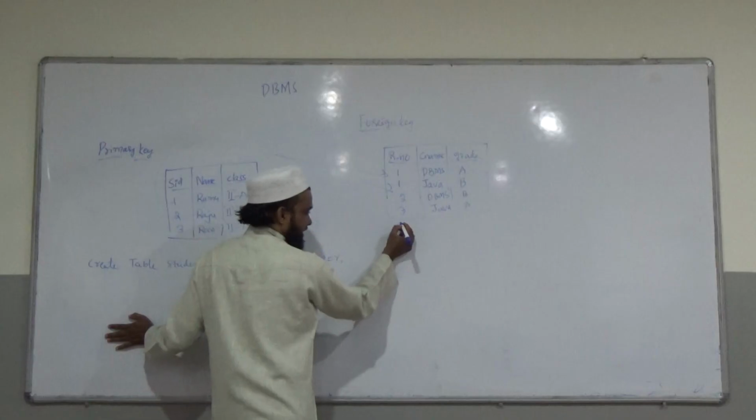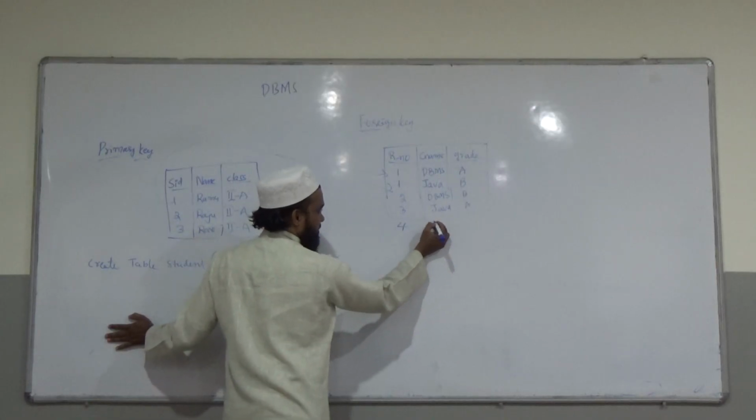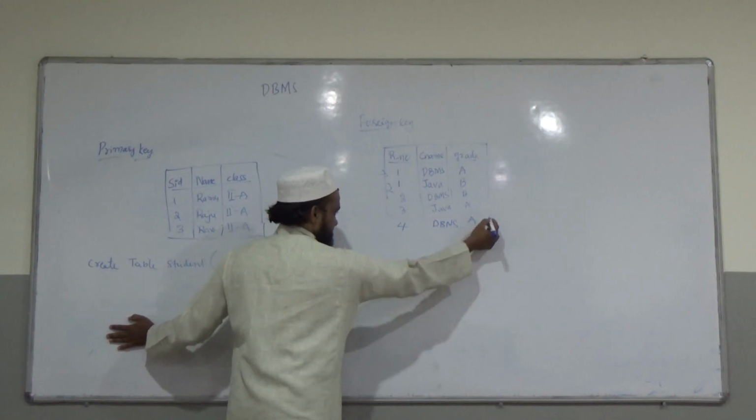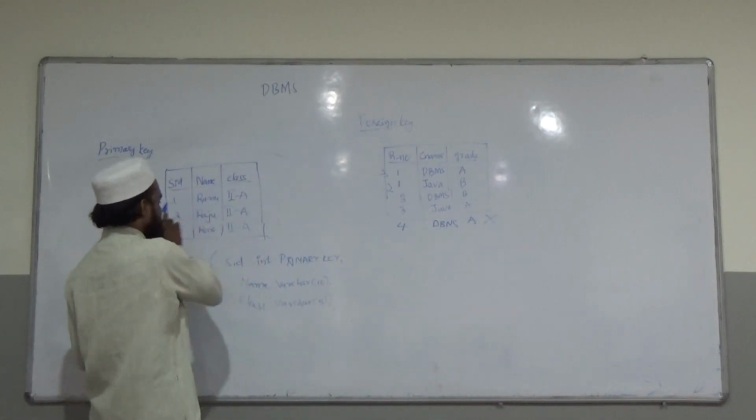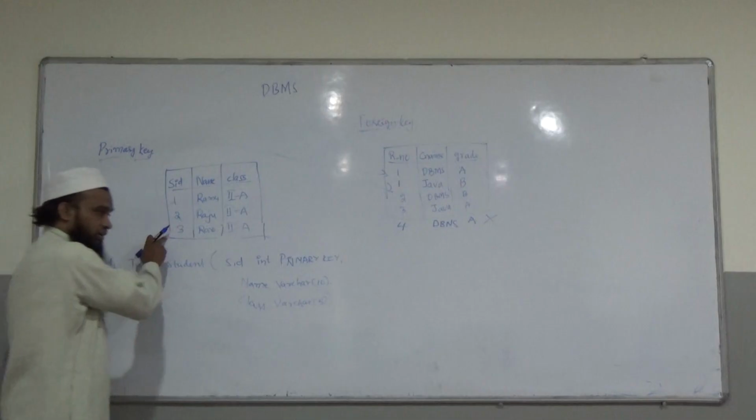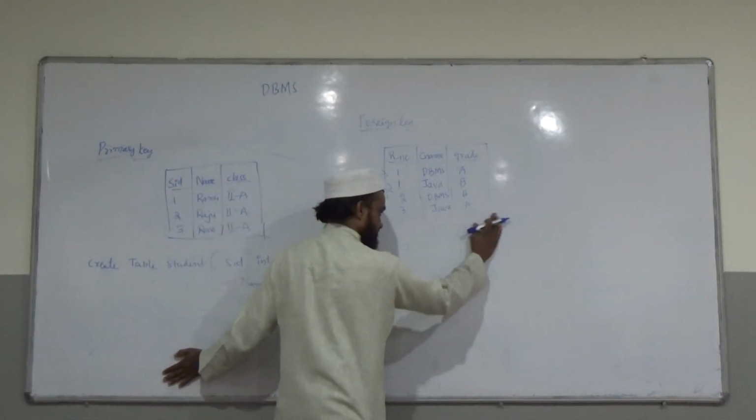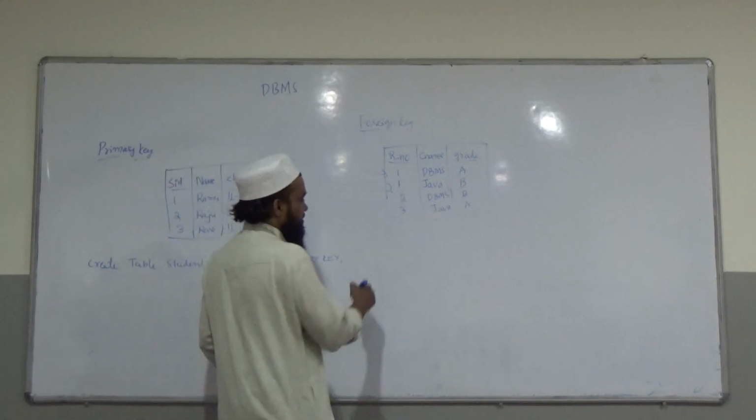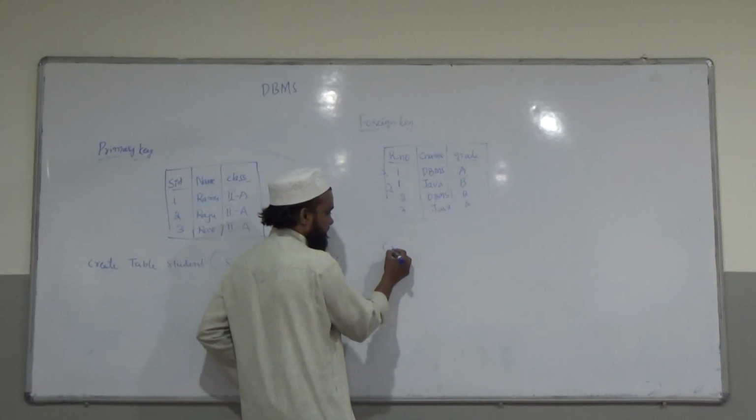For example, if you write like this: roll number 4 registered into DBMS course and he got A grade, this is a mistake, this is an error. Why? Because 4 is not there in primary key table, so 4 cannot be here. Right? So if you want to create the foreign key table, you should write the command like this: